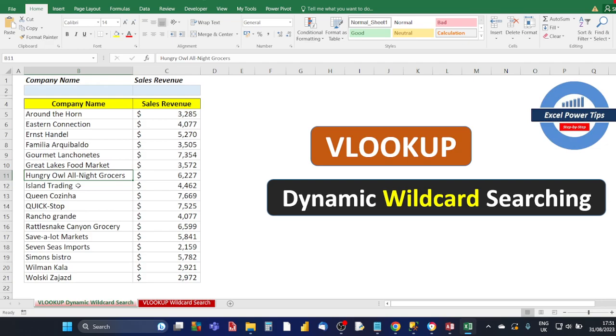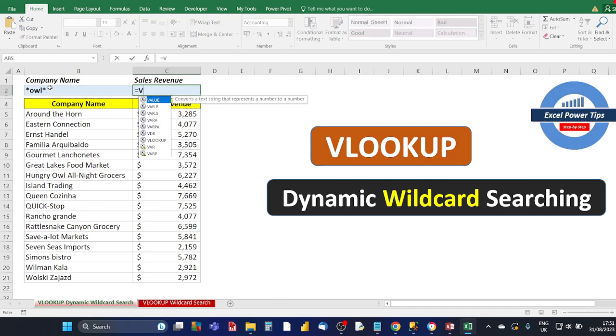In this particular example, the company name is Hungry Owl All Night Grocers, and we don't know all the words of the company. All we know is one of the words of the full company name, that's Owl. So to do a wildcard search, this is how you do it. So in cell B2, you type star owl star, and then for the sales revenue, we type in the VLOOKUP formula,